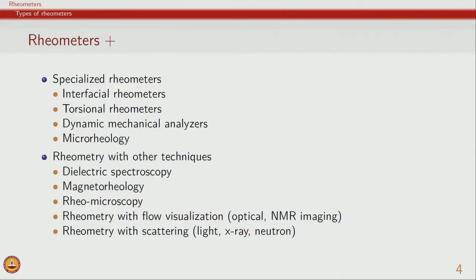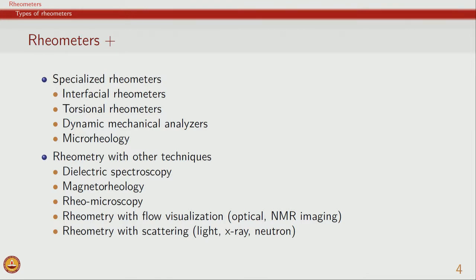So, in this segment we will look at the remaining aspects of rheometry, where we try to use rheometer along with other techniques. And the first example is using dielectric spectroscopy. So, dielectric spectroscopy is very similar to the mechanical spectroscopy which we have discussed in the course so far, where